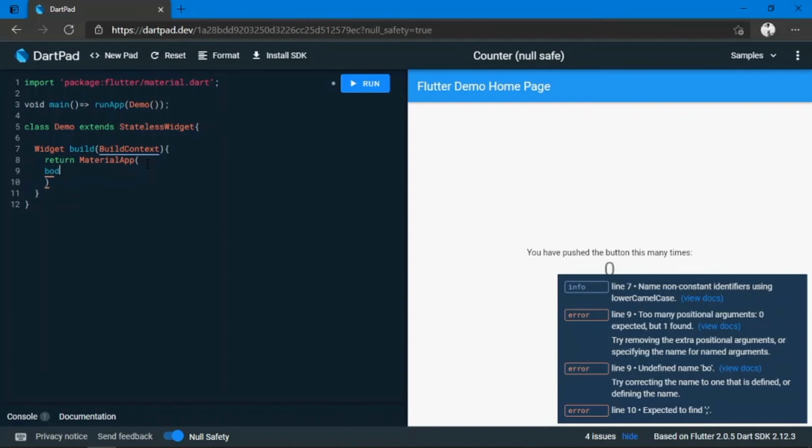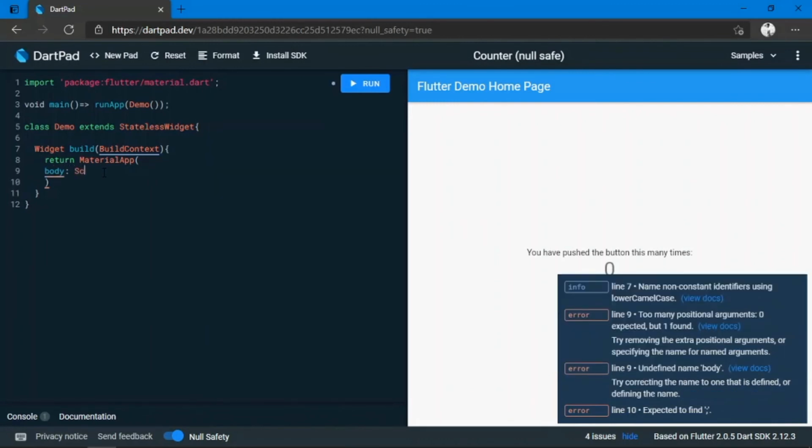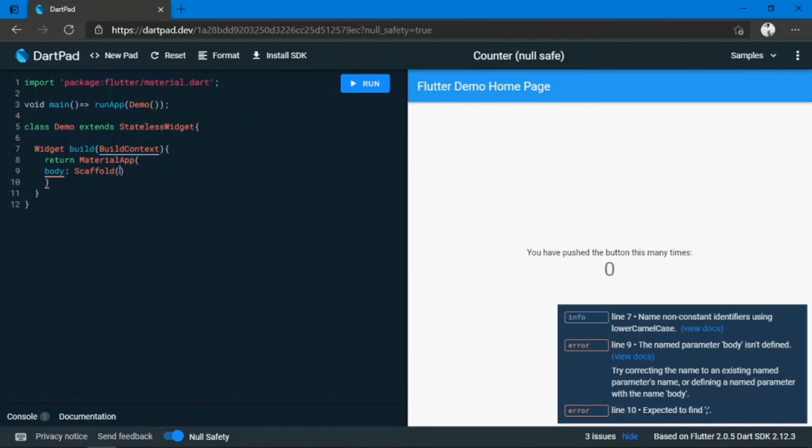Okay, so the body will be a scaffold. Return should end with a semicolon.